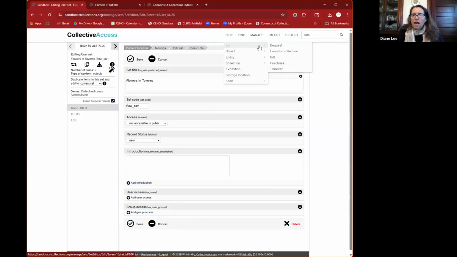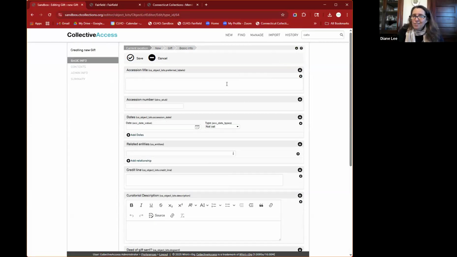So if you create a new lot, you've got request, found in collection, gift, transfer, purchase. I would say a new gift. What I do at my institution right now, we have to put things to our collections committee to approve it before we actually accession it. So I mark it by a temporary receipt number. So I've just been doing temporary receipt, like the last name of the person. The accession number, you don't have one yet, although just for purposes of searching, I just use that temporary receipt number, the date, say I walked in the door with this today. You can put that there and say,